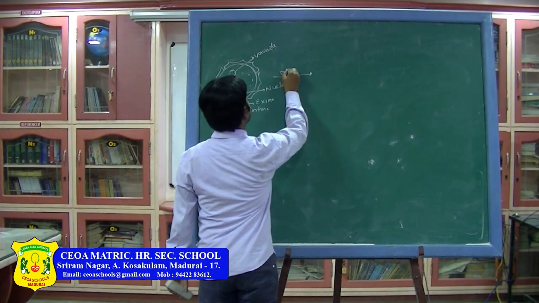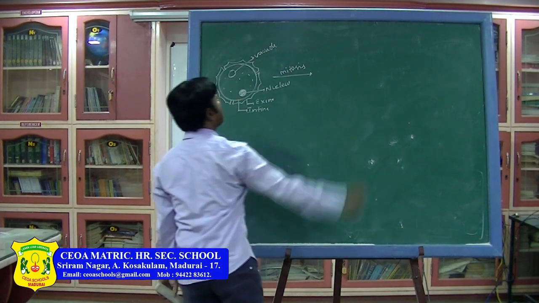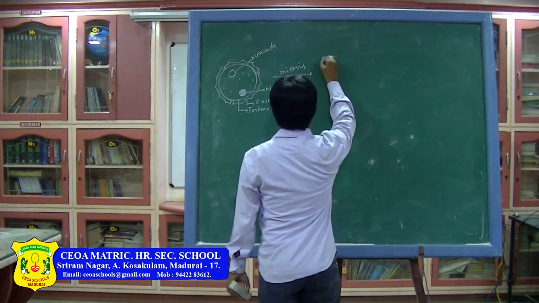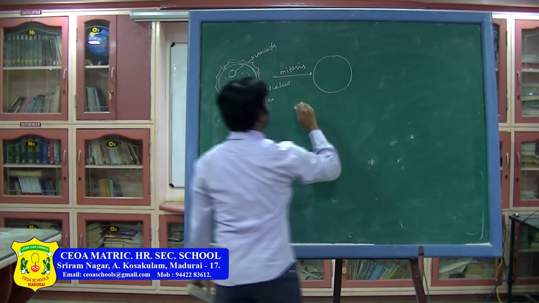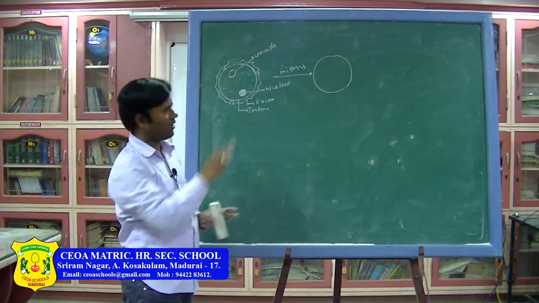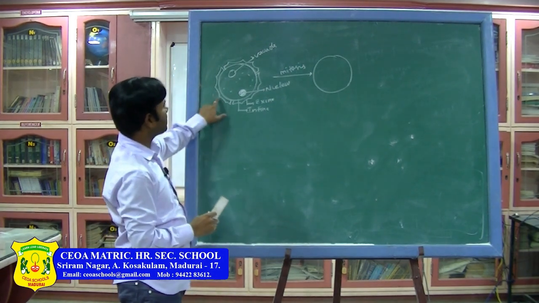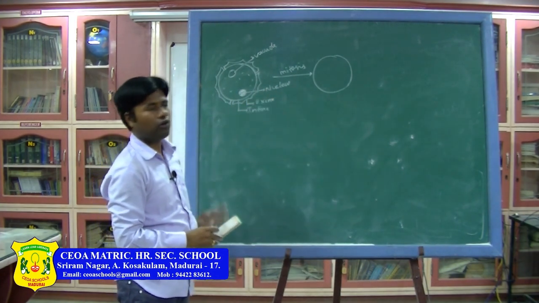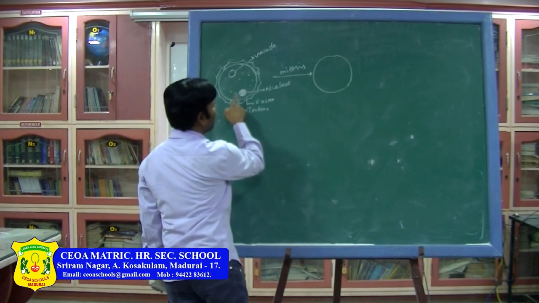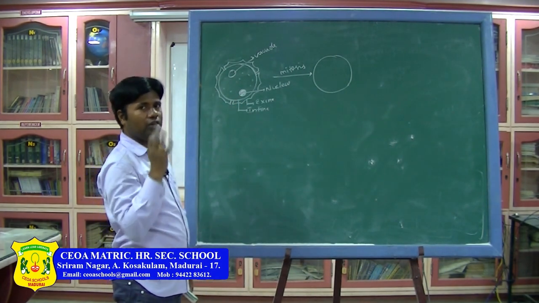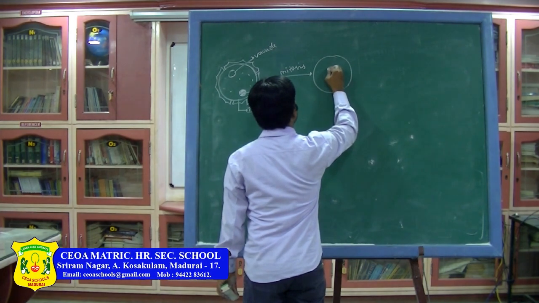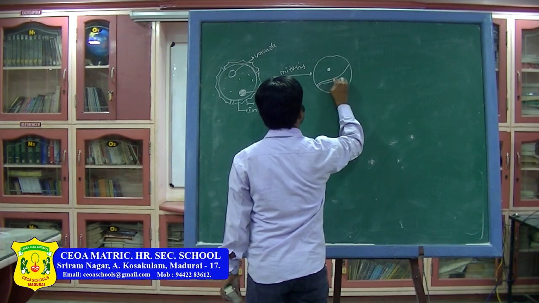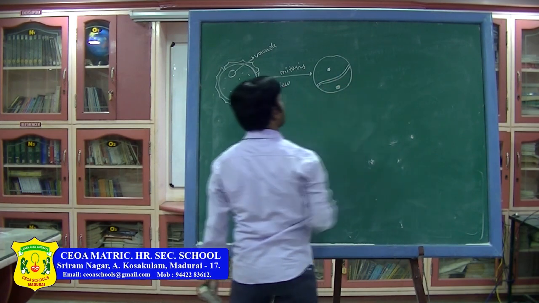Now, it undergoes mitosis. Due to the mitosis, how many cells will be formed? See now, I am not drawing the exine and germpore, I am just drawing the pollen grain structure. Why? Because in the first diagram I have already labeled all those, that is why I am not drawing them again and again. This nucleus undergoes mitotic cell division, due to that two nuclei will be formed. Here one nucleus, here one nucleus. Okay.